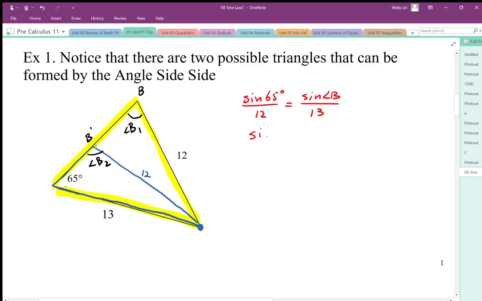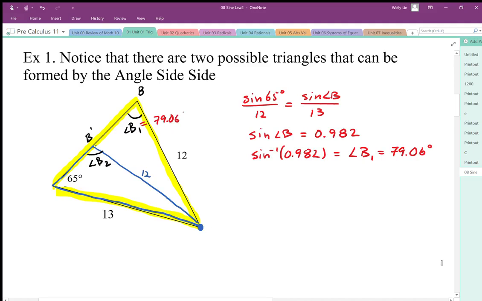I'm going to cross multiply this to solve for angle B. I get sine B works out to be 0.982 if I round this. And then as I do the arc sine on this to solve for angle B, I have to bear in mind that my arc sine always gives me an acute angle. So it ends up giving me theta 1. In this case, when I undo this, I get 79.06 degrees. So this angle in here is 79.06